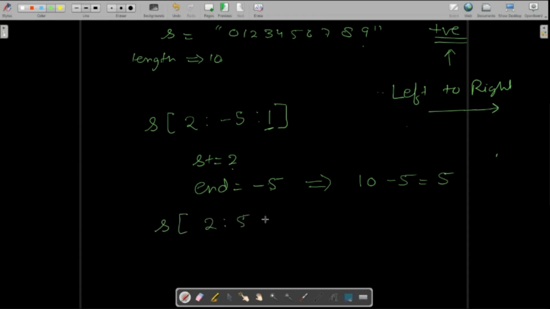2 to 5 with step size 1. Now tell me what is the output? 2, 3, 4. Just 2, 3, 4. Why? Because it will extract from start to end minus 1. Fine for everyone? Yes, sir. Again, if I say another thing,